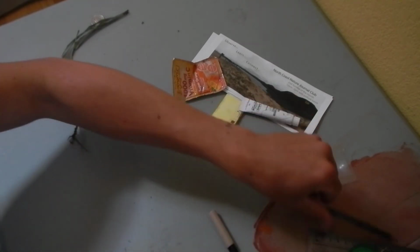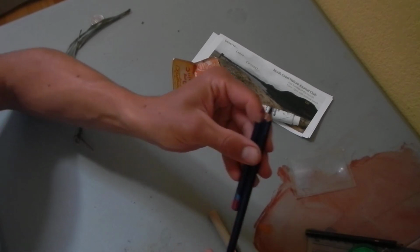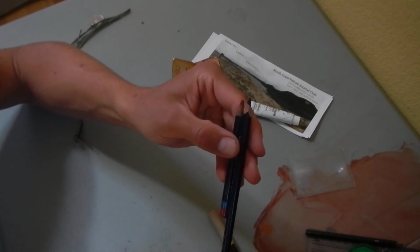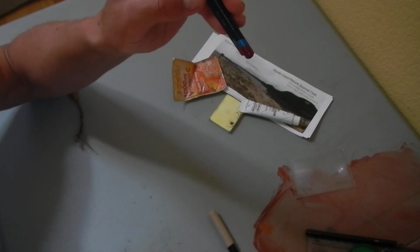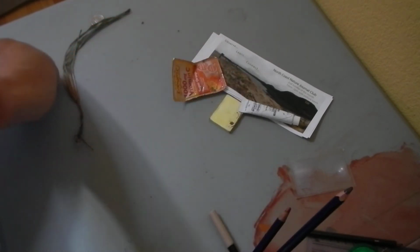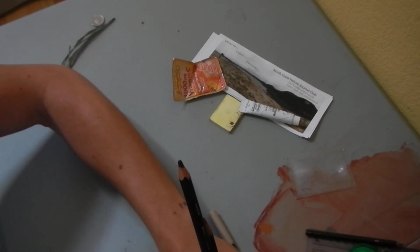I also have these two water-soluble ink tint pencils by Derwent, and these are really great. And I especially like these sort of warm reds, sort of toned red colors. Those are my favorite, or some of the earth tones, and they're really great for drawing tracks